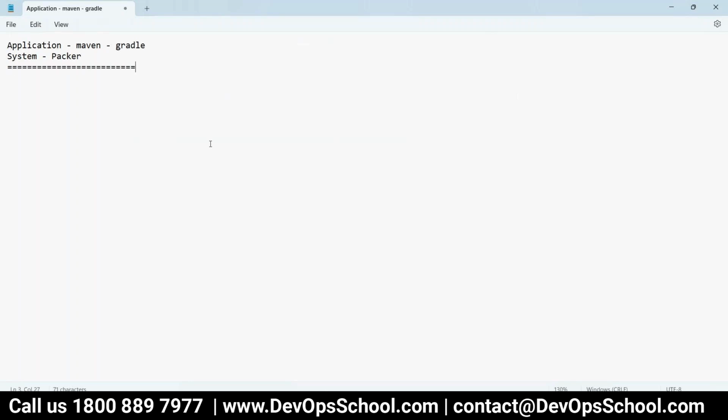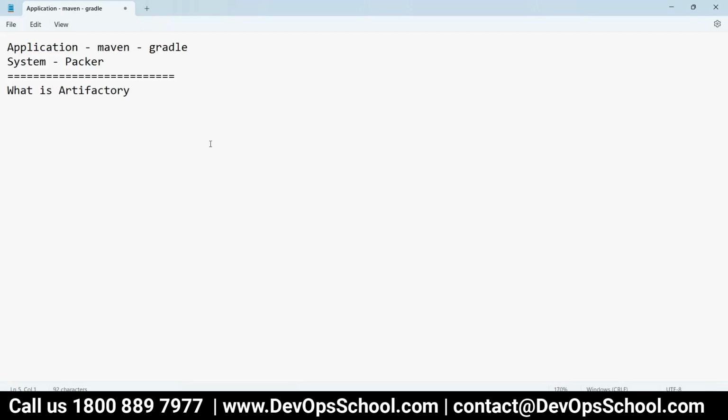Now we have packages already created. It can be application packages, it can be system packages and so on. But the question is how and where we can store them. So the question is, what is Artifactory? In a simple way, if I say, Artifactory has a collection of